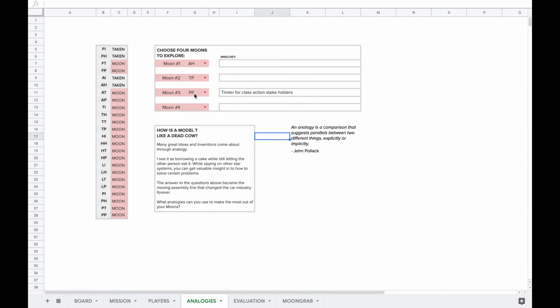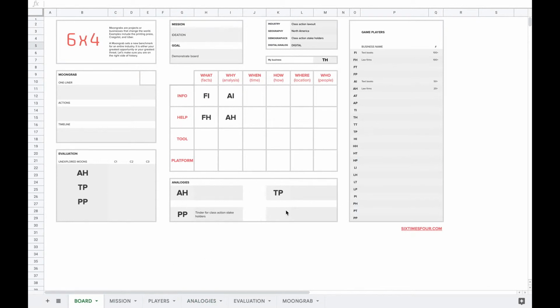And this is for people and platform. So I'm keeping it very, very simple. And this is not at all how you're going to describe your idea later. It's just a placeholder for what you find to be most interesting in this particular moon. So heading back to the board, you will see that the analogies are now filled out and you have moons